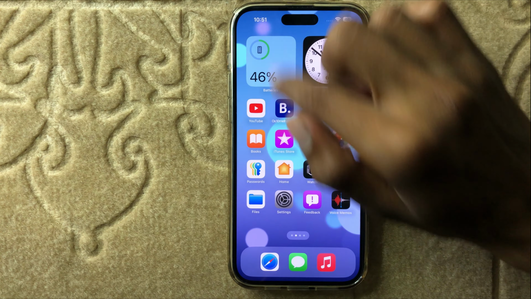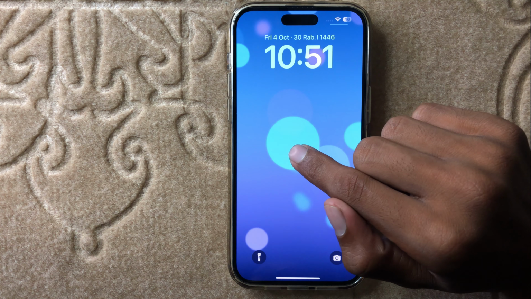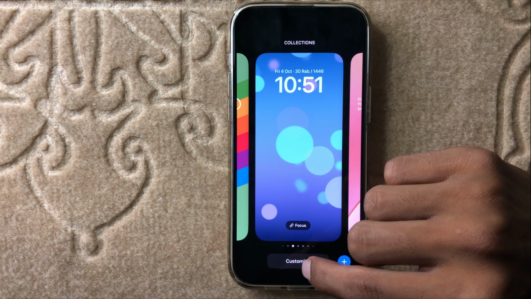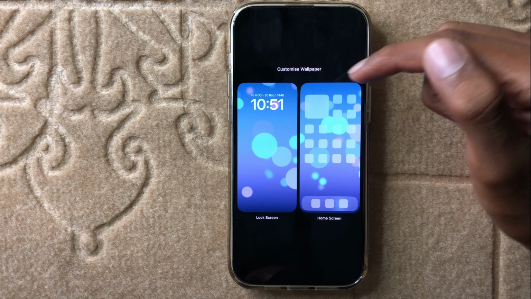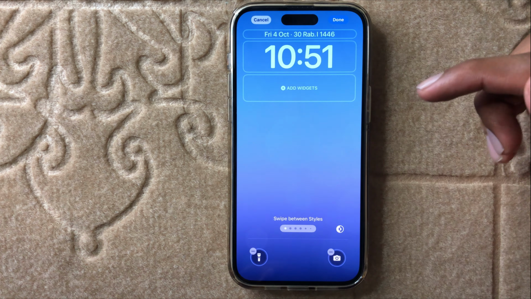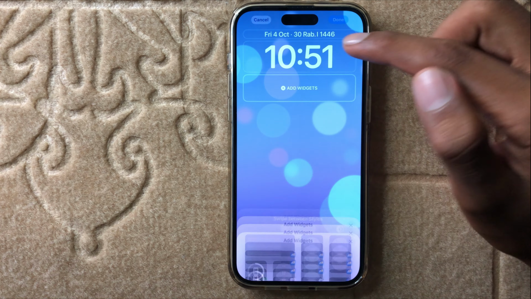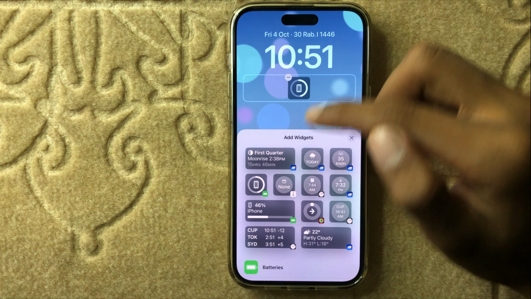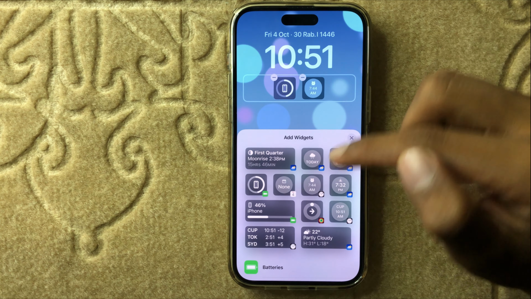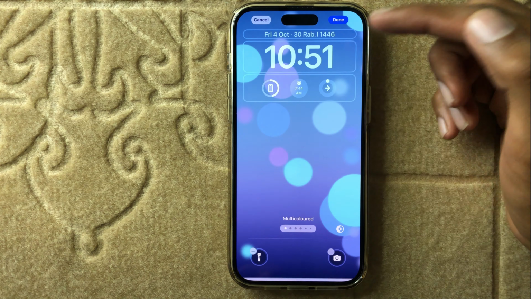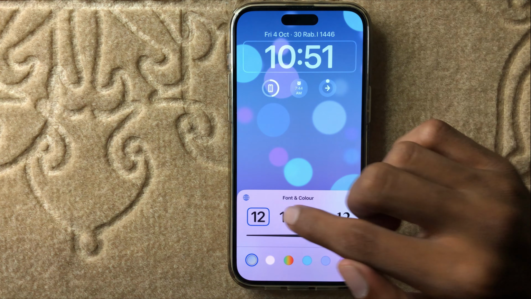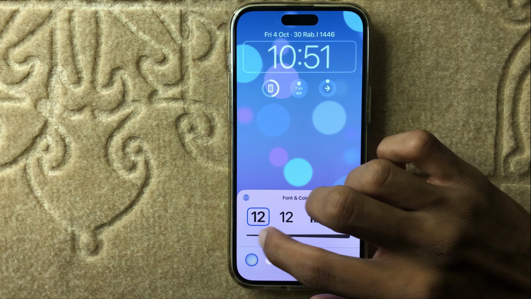First of all, swipe down, press and hold on the screen, then click on Customize and click on Lock Screen, and here you can customize your lock screen. Here you can add widgets, battery widgets, time widgets, fitness widgets, and here you can edit the time, size,